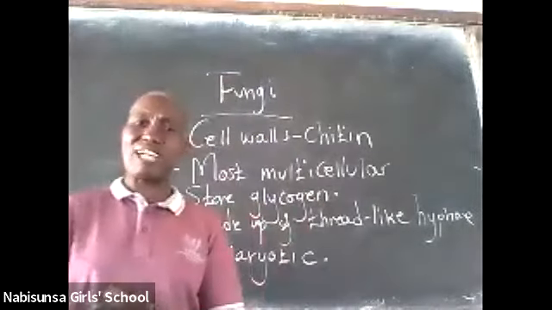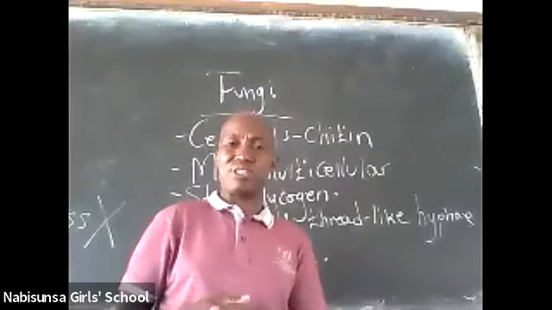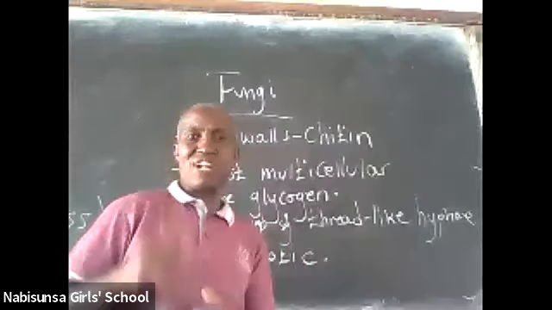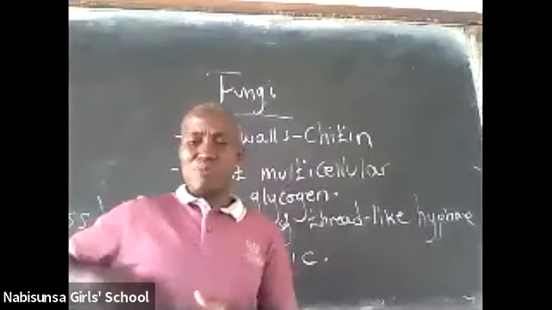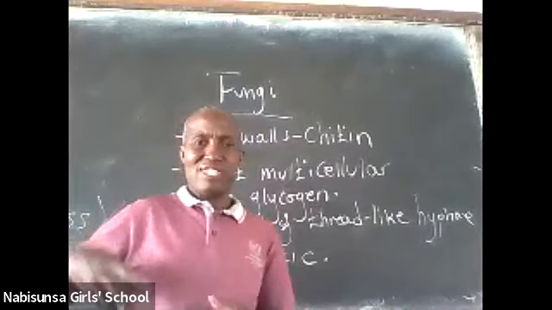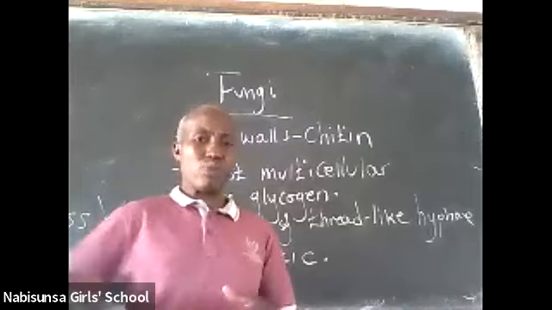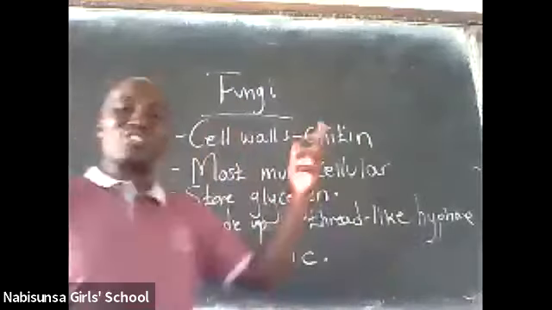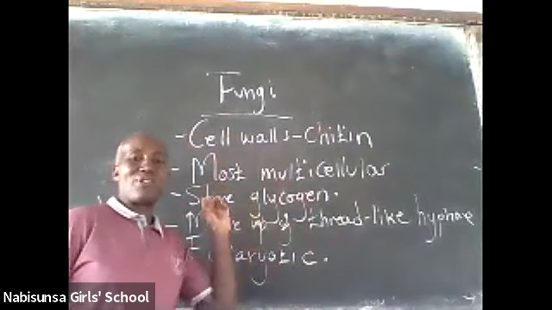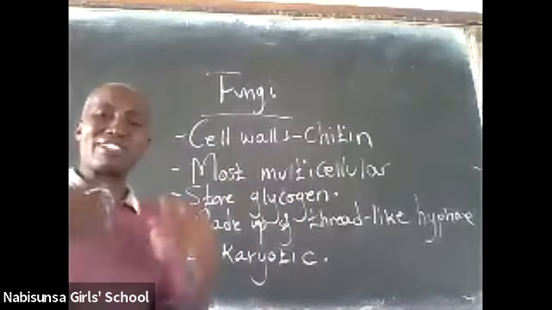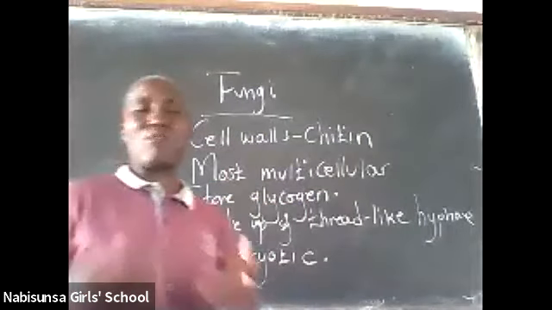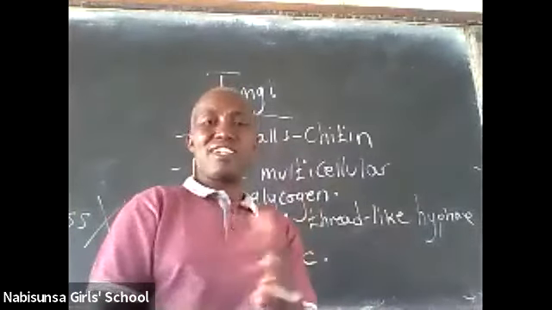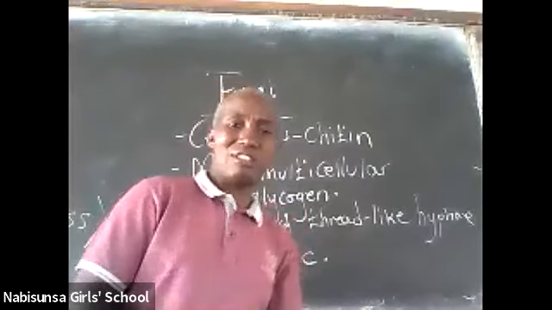The simple example that probably brings out the storage of food would be fat. You have fat under the skin. I believe you've heard of that one. We have fat deposits under the skin. We have subcutaneous fat. Okay, so we store food. We are saying these organisms also store, but for them they store the carbohydrate in form of glycogen. So glycogen is just a complex carbohydrate. Glycogen is the food storage form in fungi and in the animal cells as well.